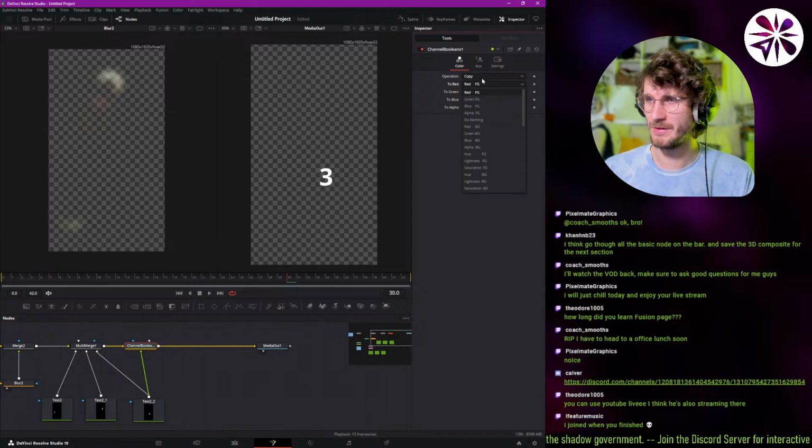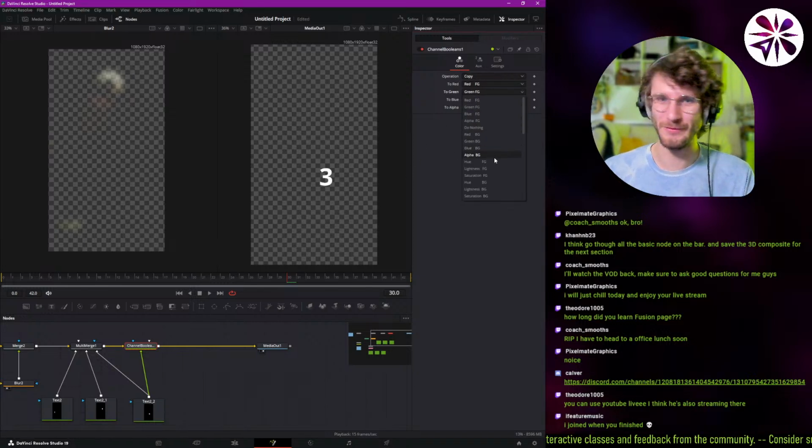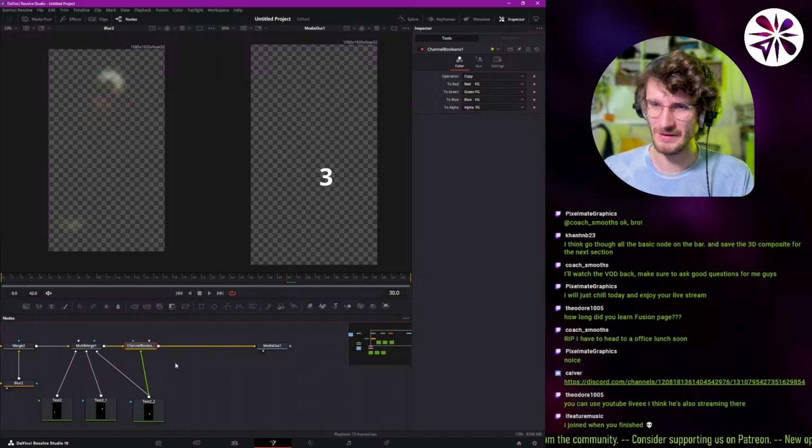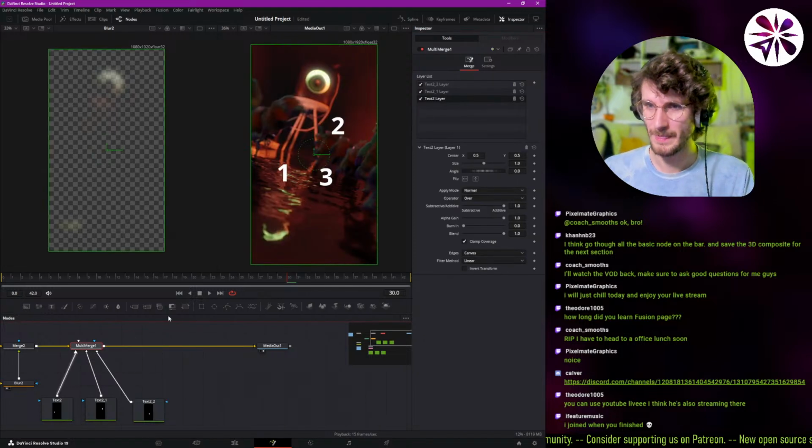Like, I'm just copying the data basically onto the background, which I don't think I want to go into more detail on, because for basic compositing you don't really need this. This is more for technical stuff when you're doing more technical compositing. All right, next up we got